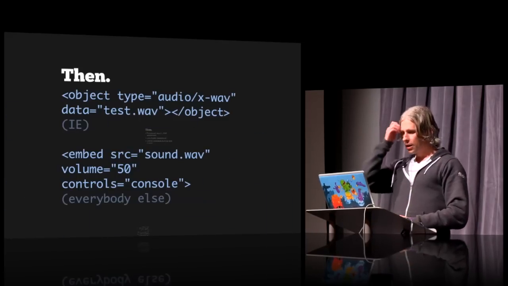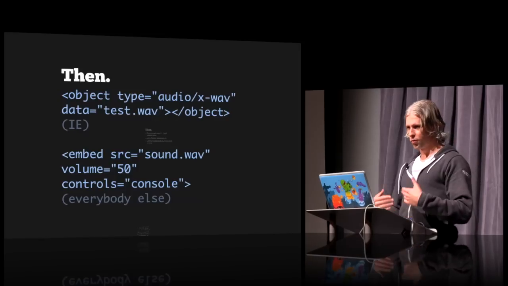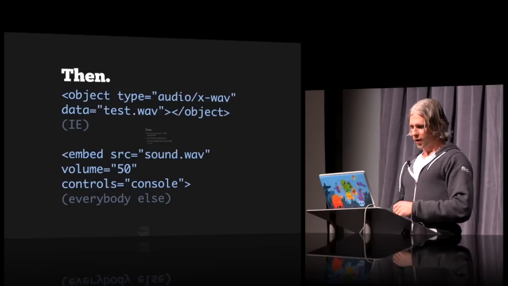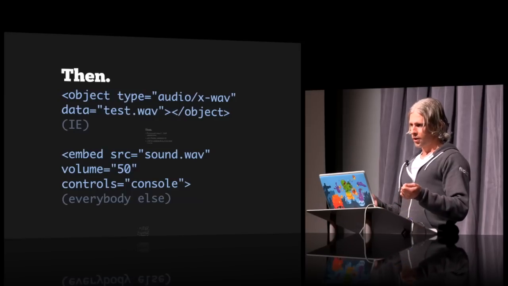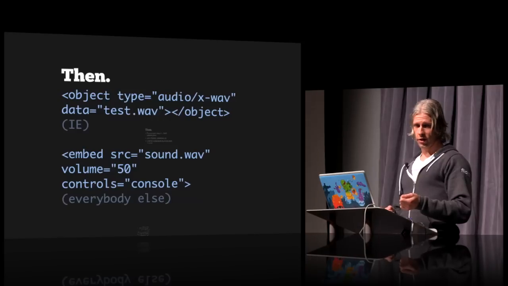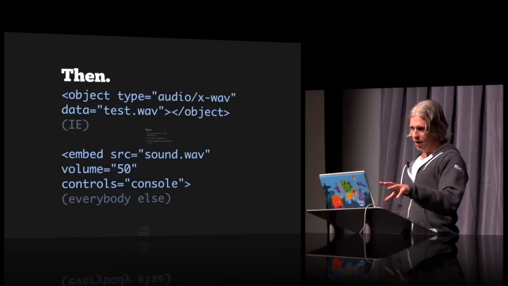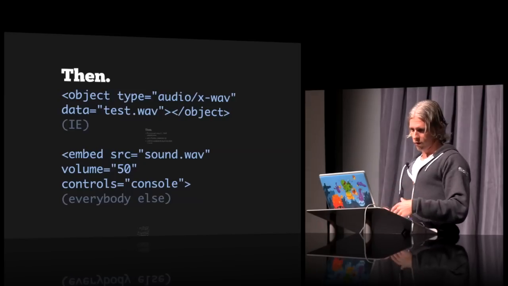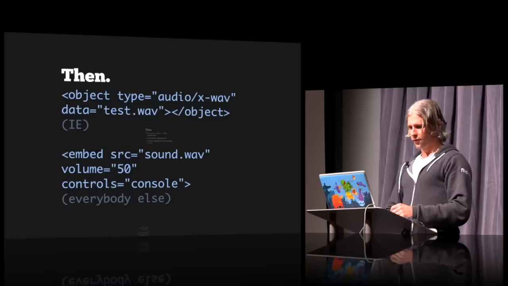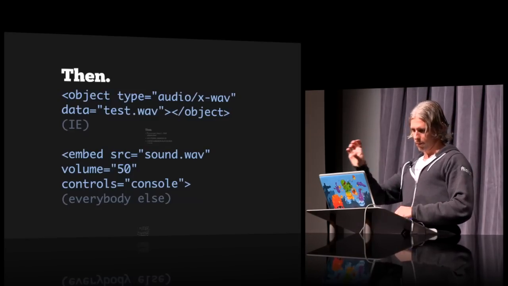So we move forward a little bit. More recently, we're seeing object and embed, which is just the generic browser way of saying put some element into the page. In IE, they're using object tags, so you just say, here's a WAV file, the data itself, the URL. The browser then determines what plugin to use to render or play that content. So in this case, if you're on IE, it's probably Windows Media Player. Embed is Netscape. It's a Mozilla thing that everyone else has adopted. So of course, then you might get a media player plugin like QuickTime, which might pick up the same thing. If you specify things in embed like controls equals console, now you've got the controls. Maybe there's UI, play, pause, stop, that kind of stuff.